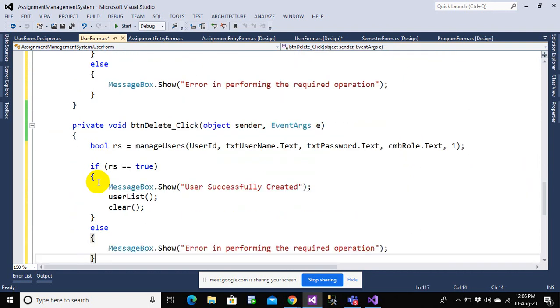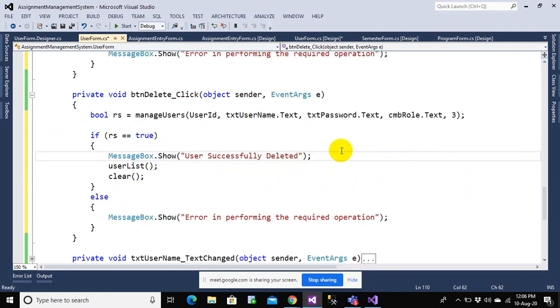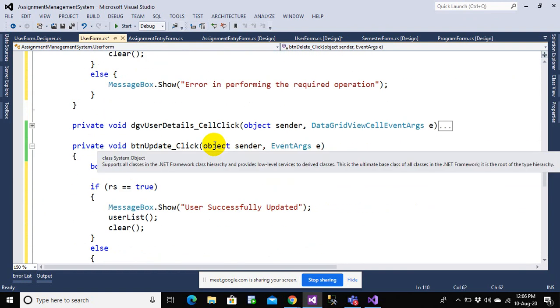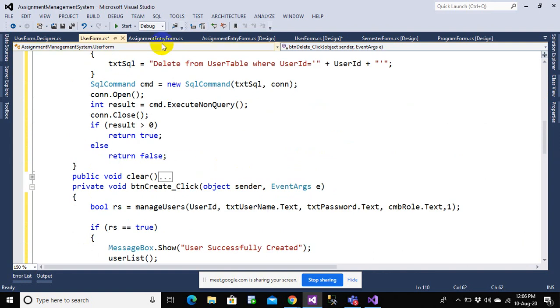Here also I'll just paste this one, and instead of this mode, this will now be 3, because if mode is 3, then I want to perform a delete operation, and that's deleted, and we are done. See, it becomes very easy. With a function, that really becomes super easy. You create a function once, you call it anywhere. You don't have to write the code time and again. Let's run this and check.